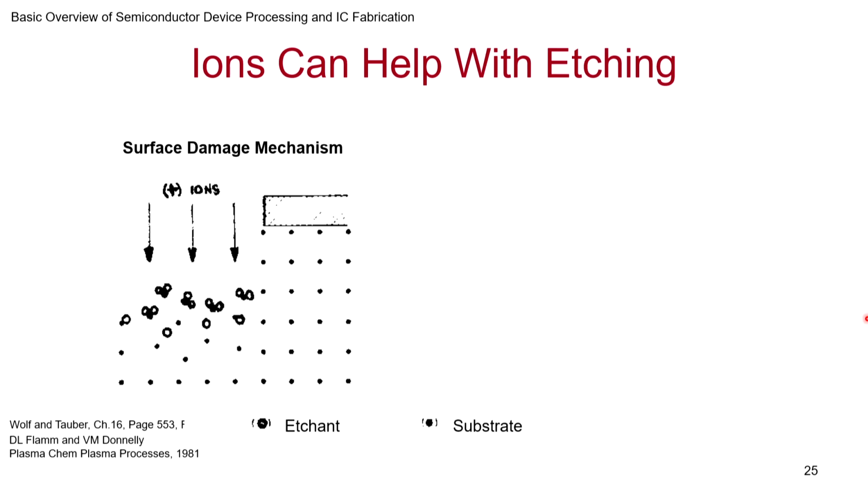Supposing you have this material, the ion is coming and bombarding and creating damage on the surface. This region it is not, because it's blocked. When it is causing damage, more dangling bonds are there, and now if the gas comes, it reacts much more easily. If the gas had come before the ion bombardment had taken place, it would not react, because the atoms are all well secure in their places. But the bombardment with the argon ion ends up making them exposed, then they react and go away.